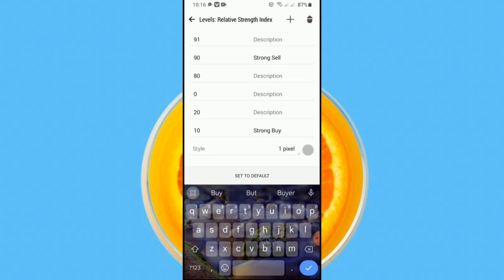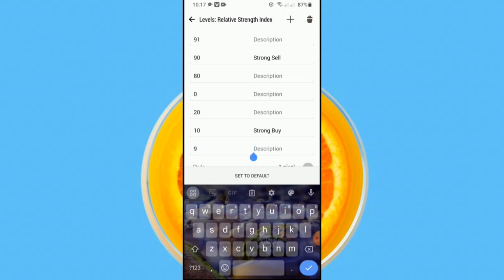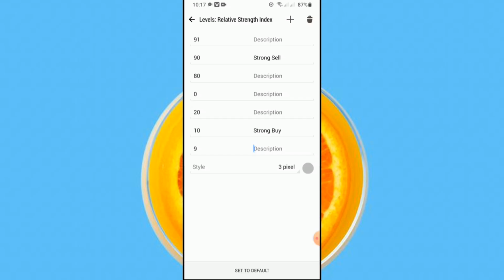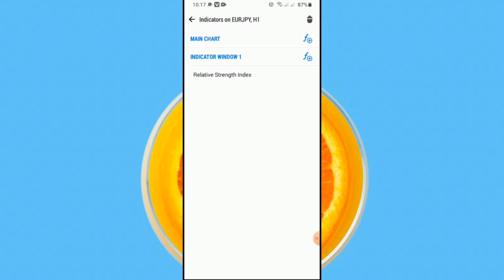And then let's go for 9. So let's add 9. For the 9, let's just leave it as description. After that, for the style, let's go for 3 pixel and leave it like that, so you can save now. Then we can go back. So let's save it, and then we are going to come back here